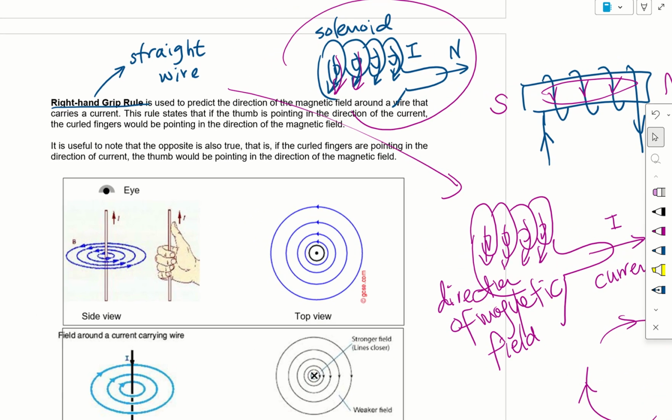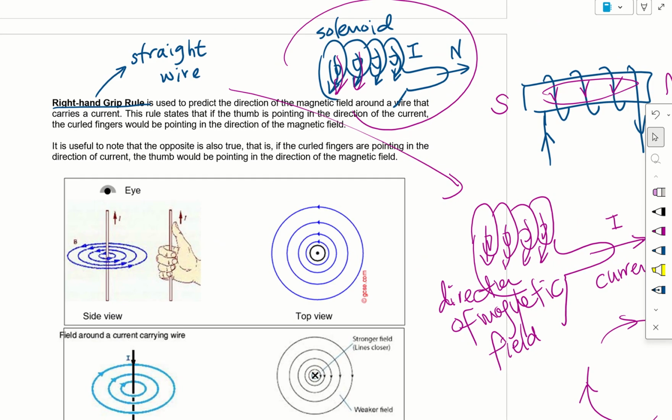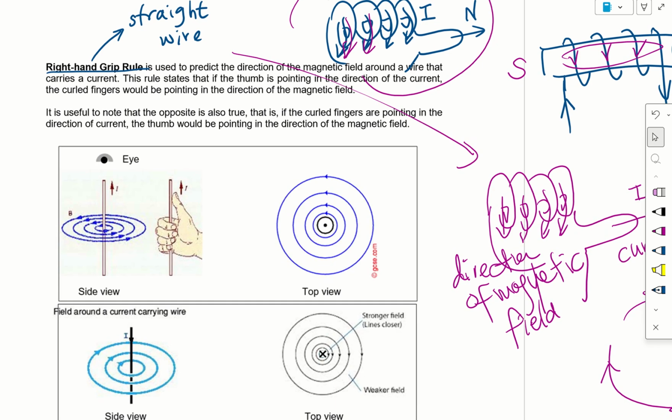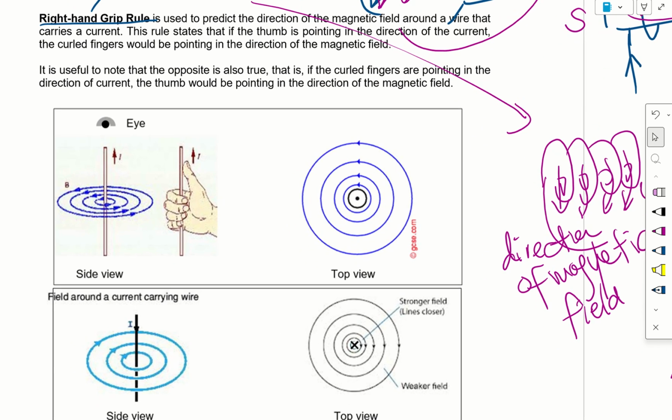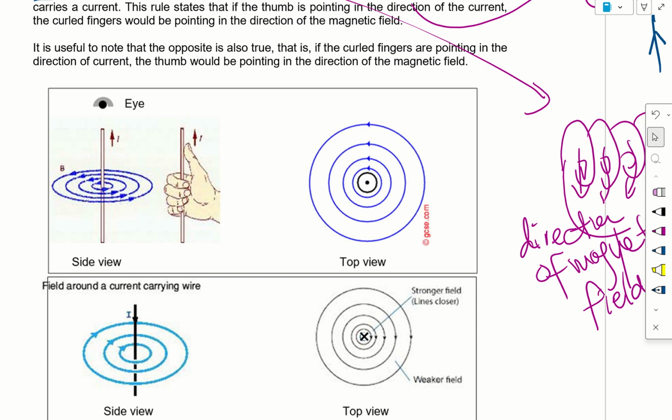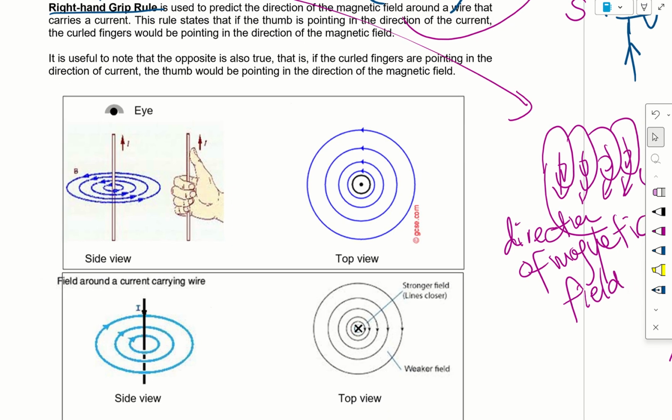It is used to predict the direction of the magnetic field around a wire that carries a current, and this rule states that if the thumb is pointing in the direction of the current, which is different from your right hand grip rule for a solenoid, the curved fingers will be pointing in the direction of the magnetic field. Okay, so we can apply this,